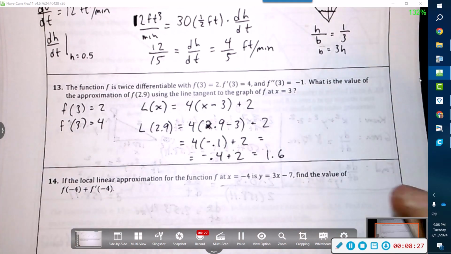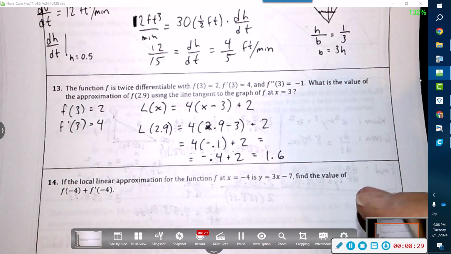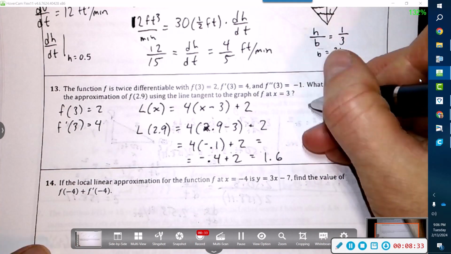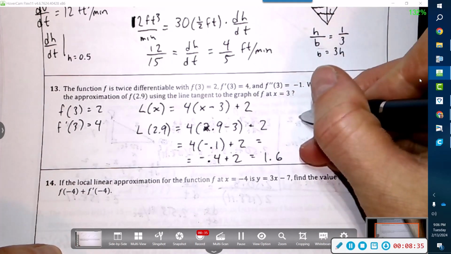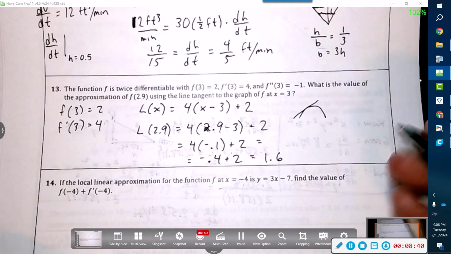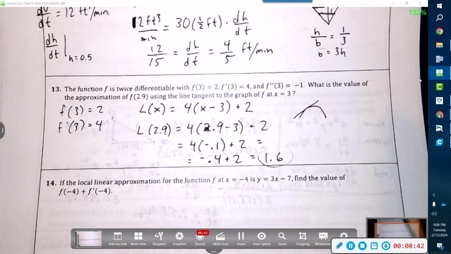Okay? All right. Now, because this is negative, that means that we do have a concave down, which means if we drew a line over there, this would actually be an overestimation. Okay, but that's not what they asked, so we don't